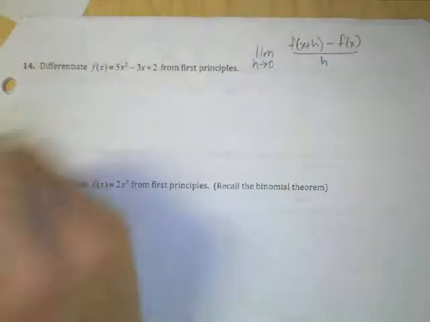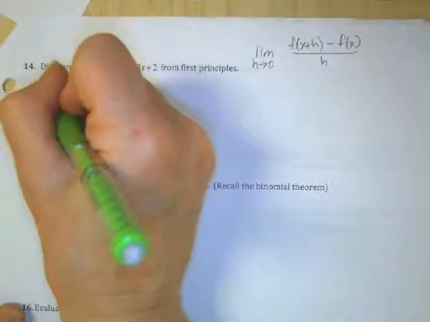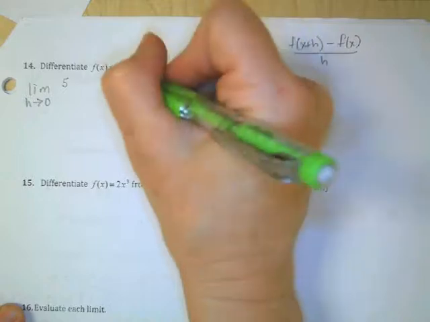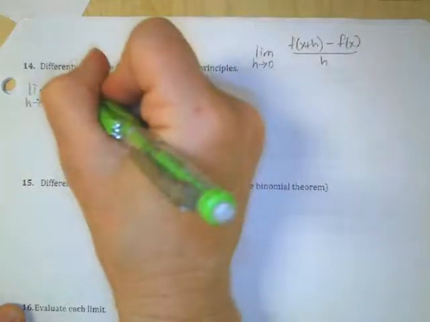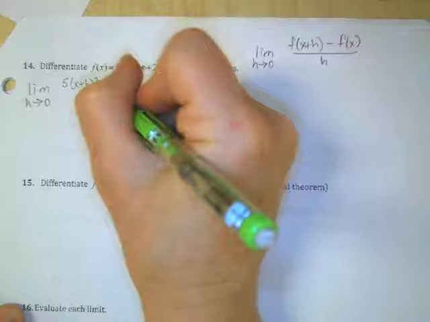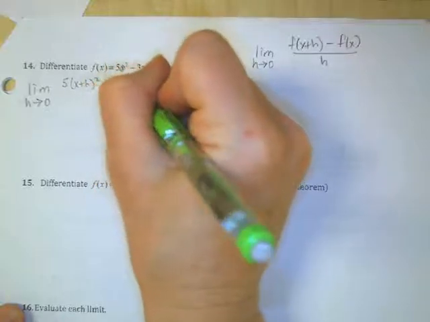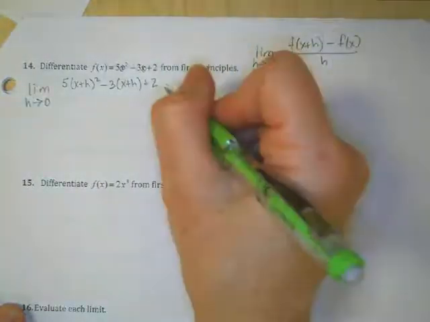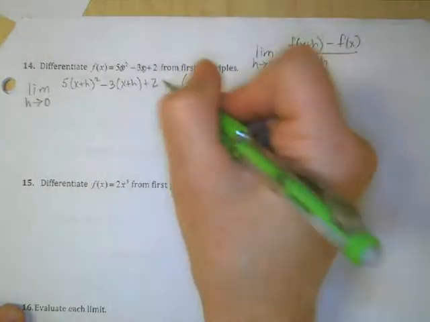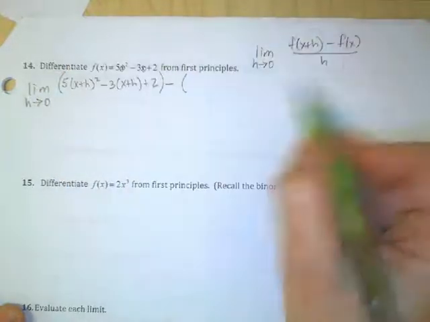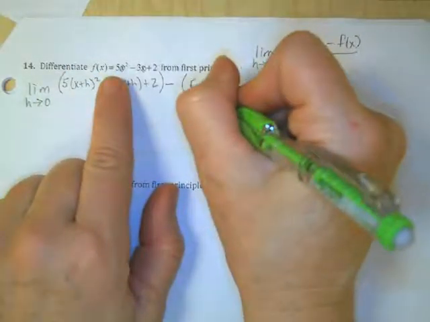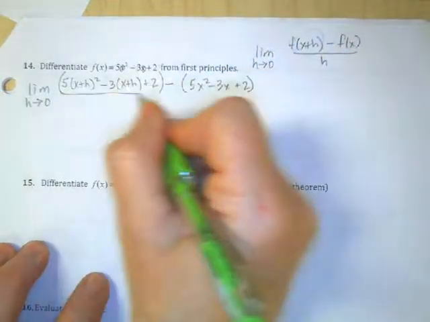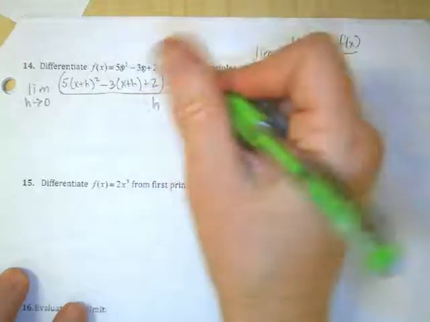So I'm going to have the limit as h goes to 0 of 5 times, and I'm going to replace my x's with x plus h, so x plus h squared, minus 3 times x plus h plus 2. And that's the first part, minus f of x, okay, so I could put that in parentheses, minus f of x, so that's just plain old f of x, 5x squared minus 3x plus 2, all divided by h. So then I'm going to multiply that out,